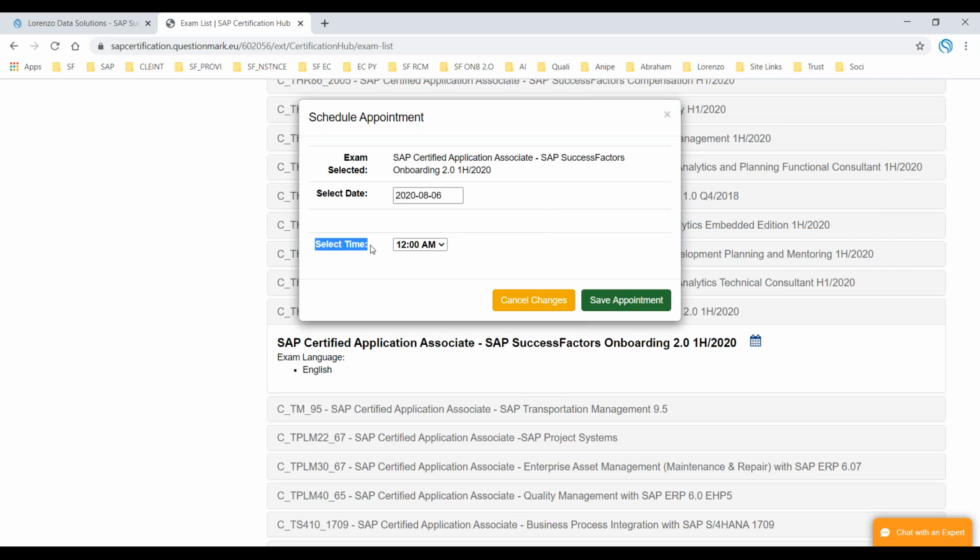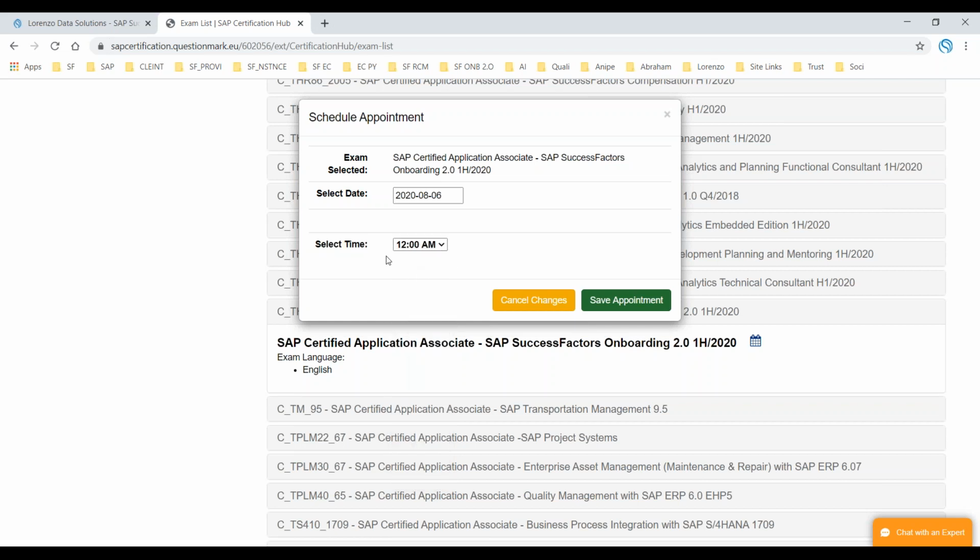I always recommend everyone try to book your exam 10 days before, 15 days before. Sometimes because of COVID-19, you may not have the slots available. So try to be safe, because if your certification hub is going to expire and you don't have the slots available, you are wasting your attempts without using them. That is why try to book your certifications as early as possible, so you can plan it and write it.